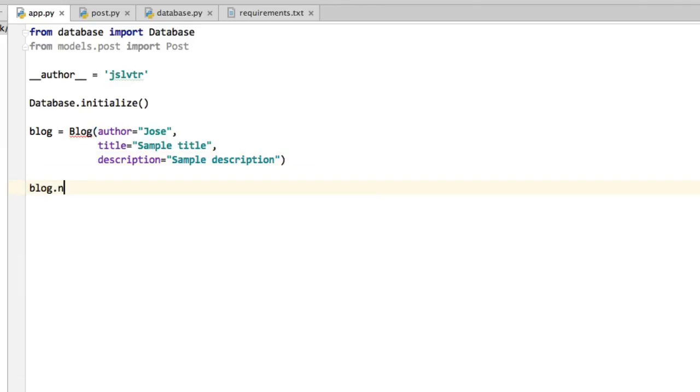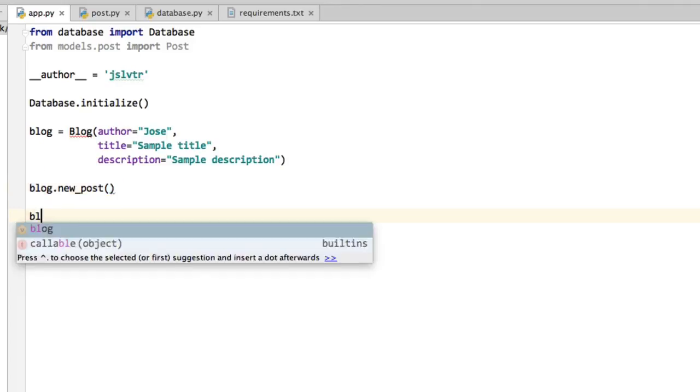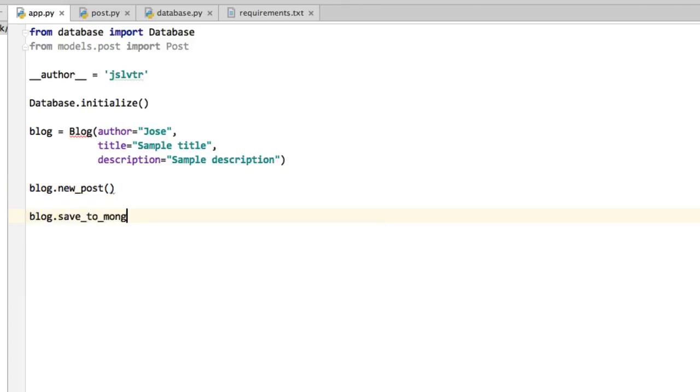And then be able to say blog.newPost. That would be what I would want to be able to do with a blog, and then probably save to Mongo, probably be able to do something like blog from Mongo as well. So these are the sort of things that I would probably be wanting to be able to do with a blog. So it's going to have an author, title, description, and a few actions that it can do. Create a new post, save itself to Mongo, get a new one from Mongo,